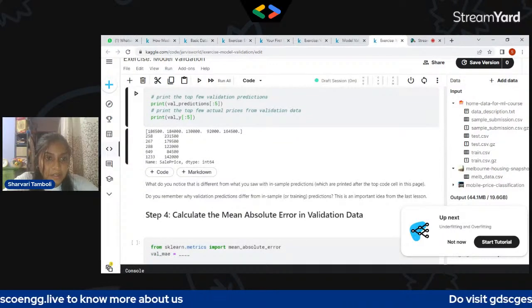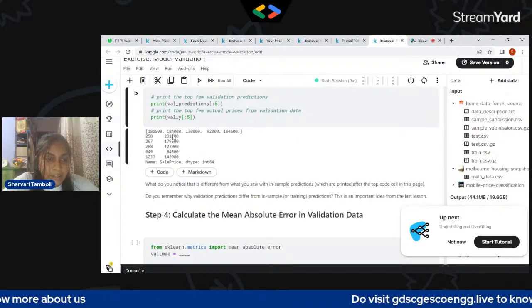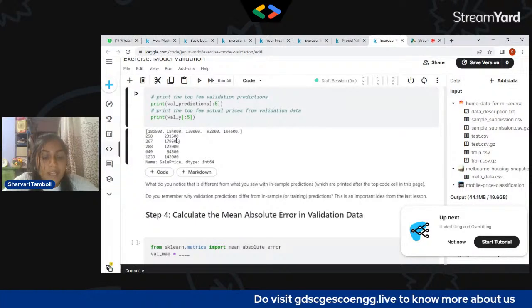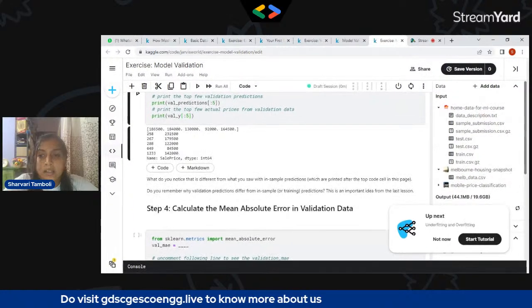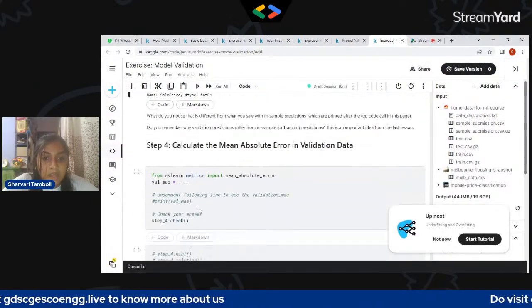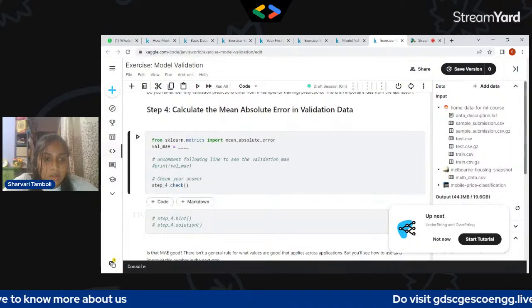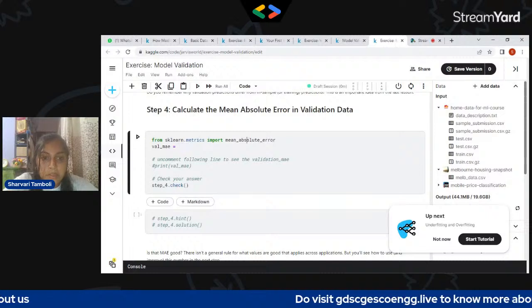So these are the predictions, and these are the values that we actually wanted. As we can see, they are not the same, as there is a bit of error in it. So we have to calculate that error. To calculate it, we will import the mean absolute error function